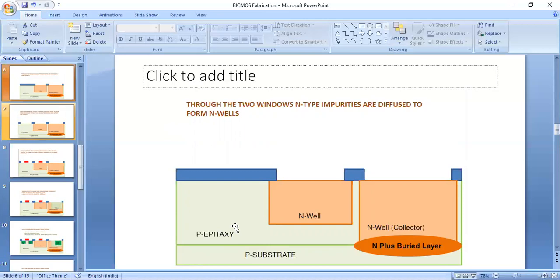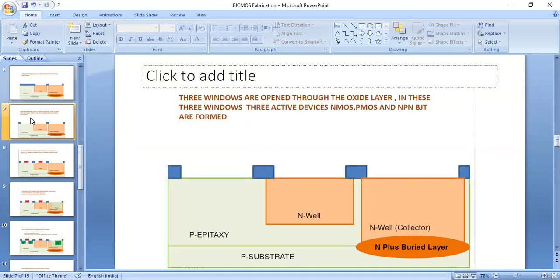The base for PNP is then ion implanted using phosphorus, right? The diffusion step follows this to get the right doping profile. The NPN collector is formed by depositing phosphorus here to create a well.